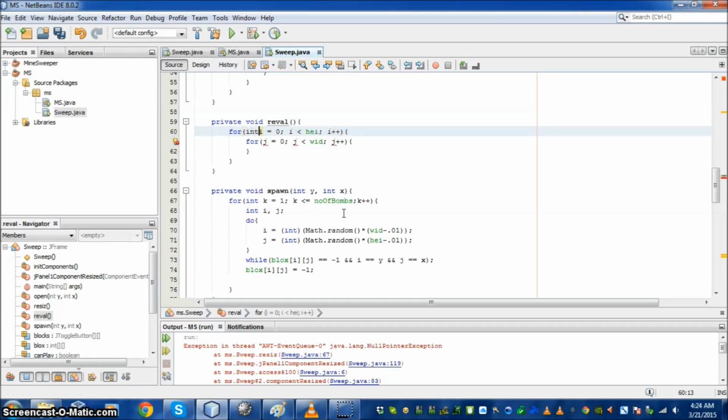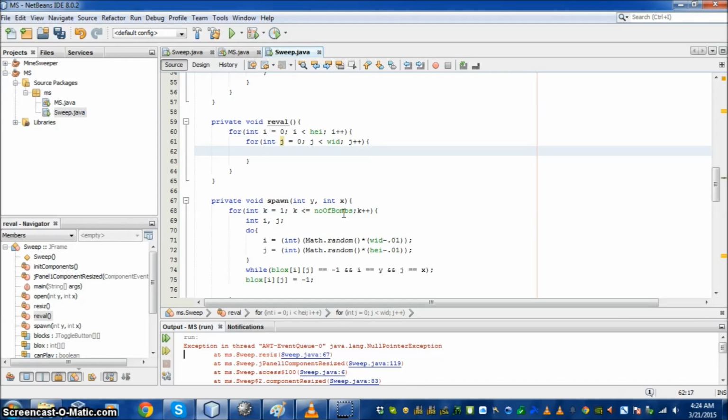Let's go int i, int j, and if the blocks at the point is equal to, let's say 0, then